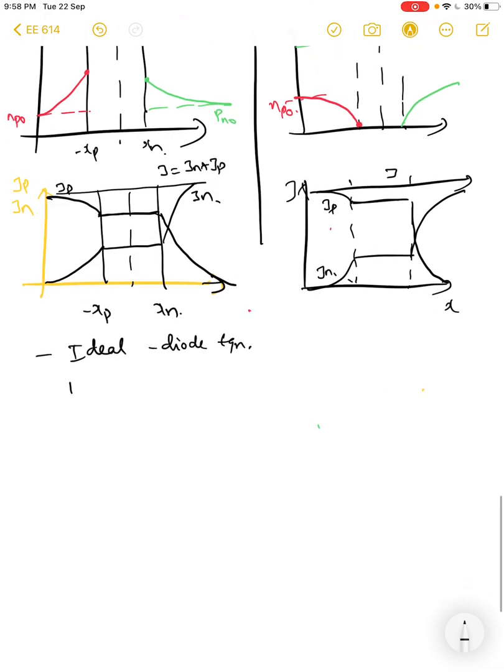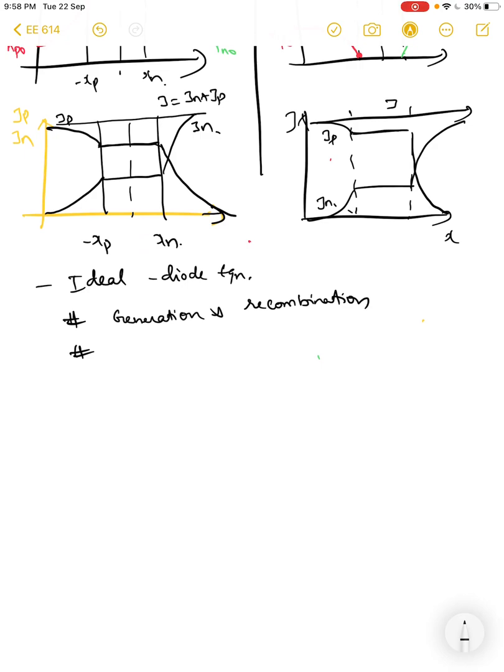The reasons behind this are that it did not account for generation and recombination. This led to major errors too. This is true only at low injection. It did not handle high electron or hole injection, which was found to be true even at low bias potentials in silicon and germanium.